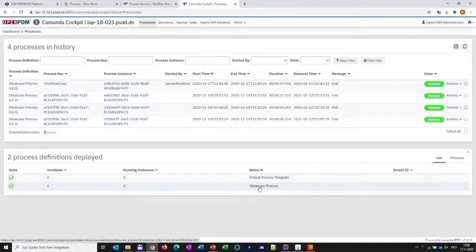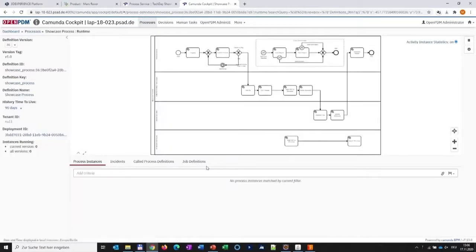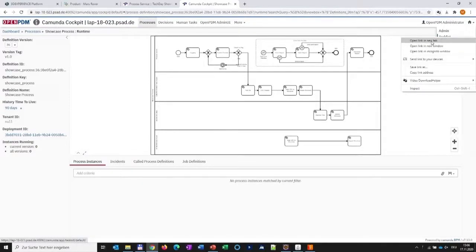If I click on this, then you can see exactly the same graphical interface in the administration interface. Now let's start the process. I'll just do that manually so that you can see it. So I'm going to do this by hand using the task list.